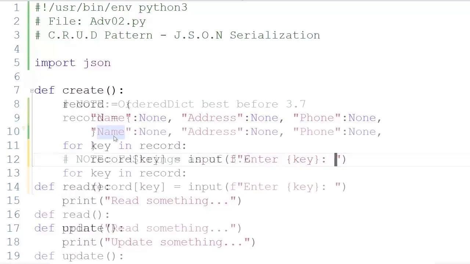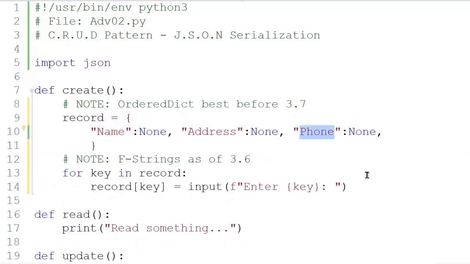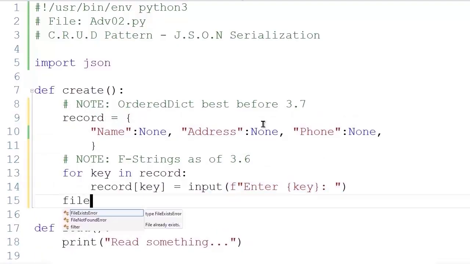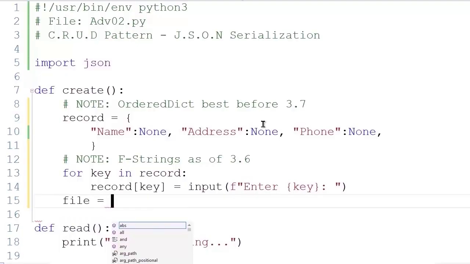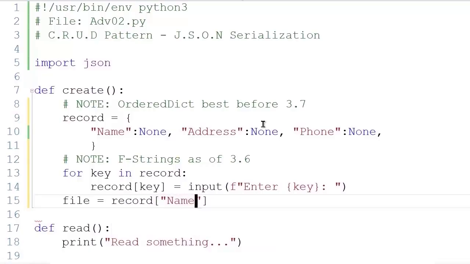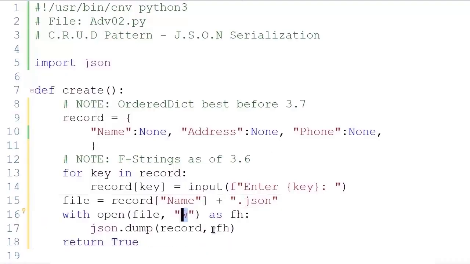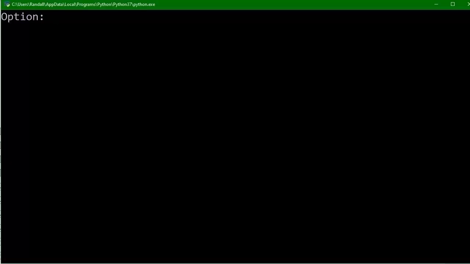Now that we can enter our name, address, and phone directly from the keyboard, as well as asking the user for each one of those key values, we can replace the None with whatever the user inputs, ultimately to create a file based upon the name provided by our user. Finally, availing ourselves of the familiar syntax, of course, we can open our file so as to overwrite or create it, and then use JSON's dump capability to dump our dictionary, known as record, into that file handle. Testing our create operation,